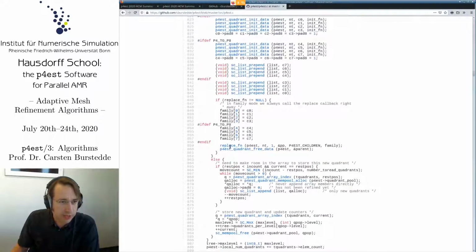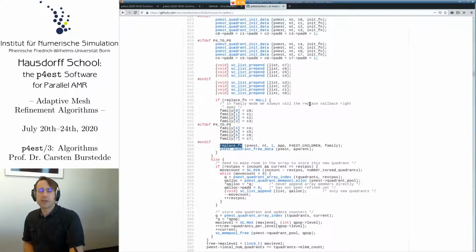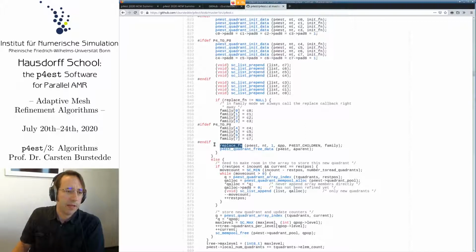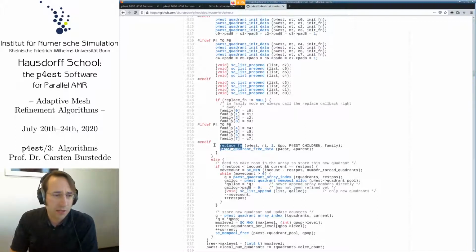There's the replace function, right? So this is where we call the replace function just after creating the children and before throwing away the parent. That's actually an addition by Toby. In the past, the replace function was not originally a feature that we had, but it is convenient for this case. So you could possibly use this to